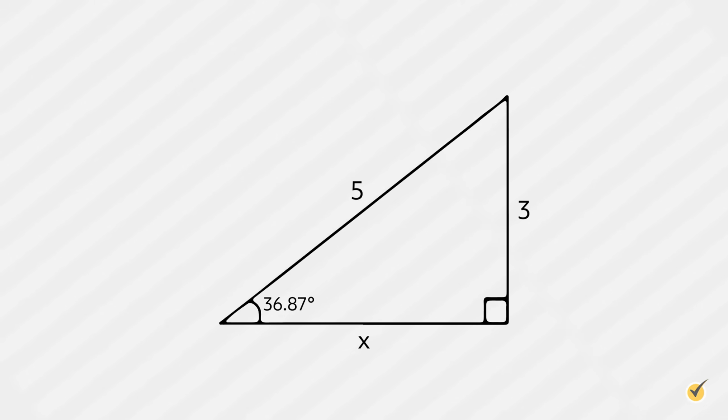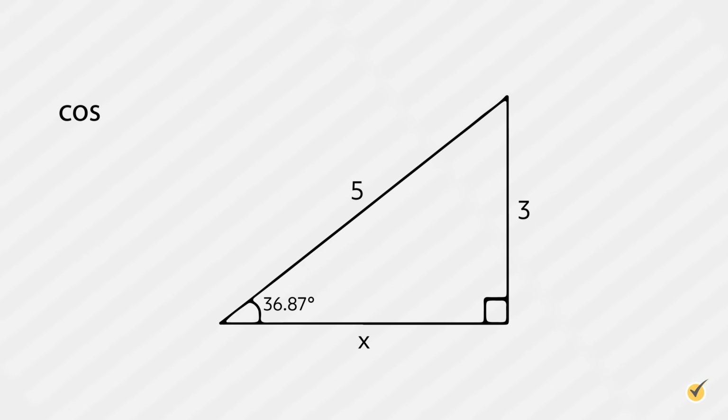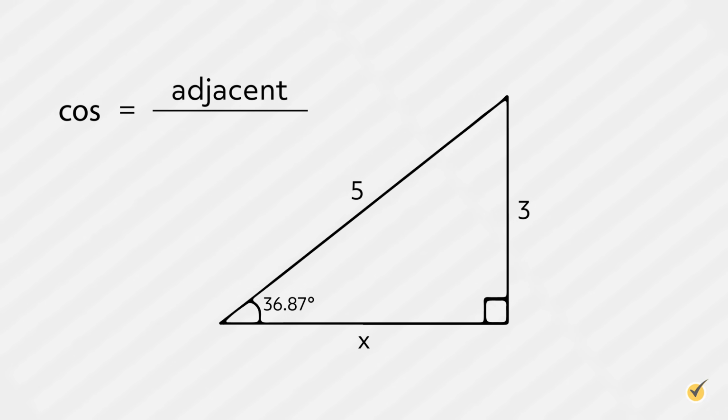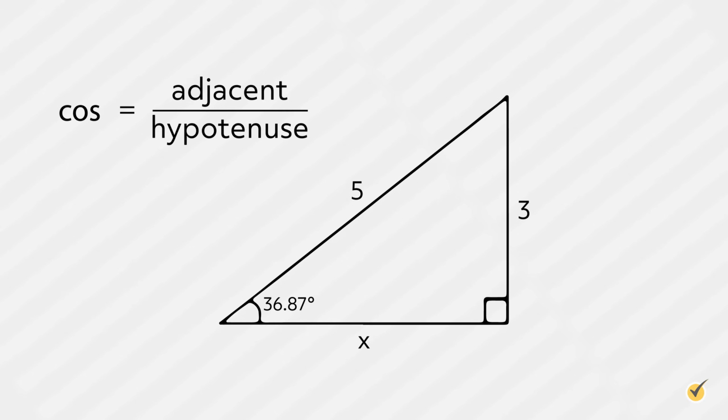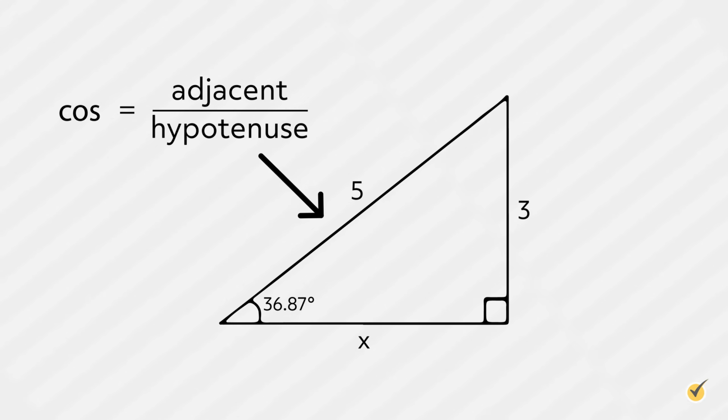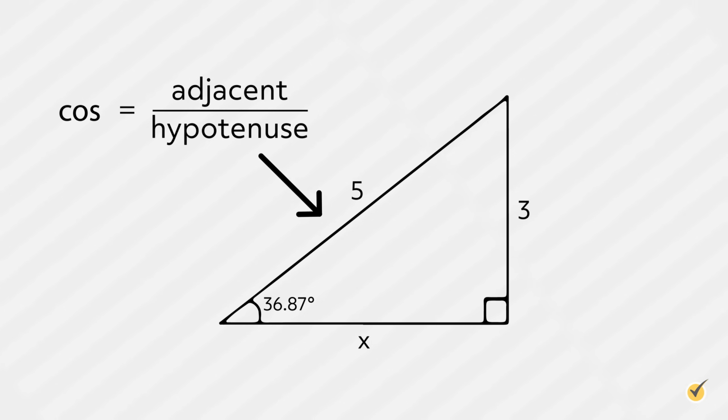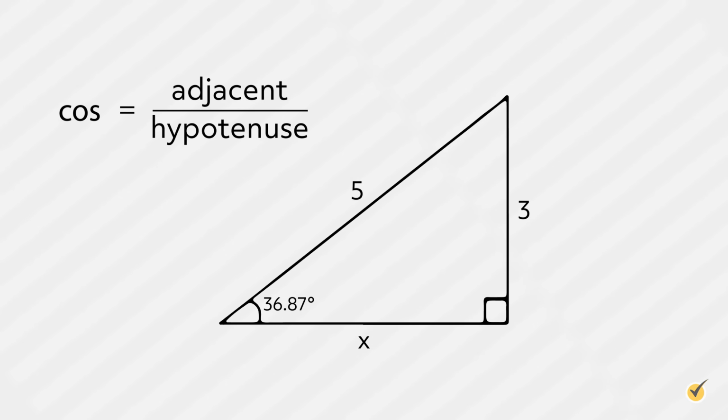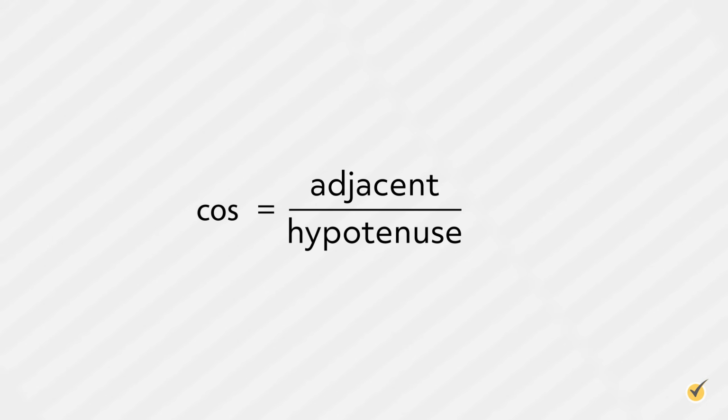Cosine, which is commonly abbreviated to three letters as COS, is the ratio of the side adjacent the angle we know or want to know over the hypotenuse of the right triangle. Remember that the hypotenuse is the longest side and is always opposite the right angle, which is the largest angle in any right triangle. And a ratio is just a fraction, so we can write it like this. Cosine of the angle is equal to the adjacent over the hypotenuse, or A over H.